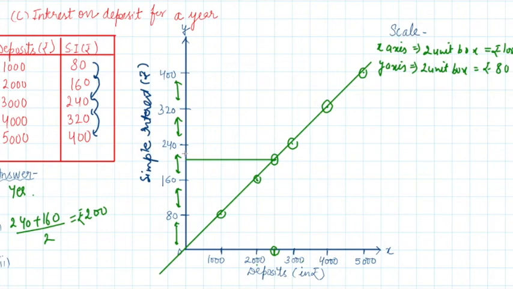Third part, to get an interest of 280. So 280 rupees is here between 240 and 320. How much money should be deposited? So we will see the corresponding line to this. So this is your 280 corresponding to this. How much money is this? Between 3000 and 4000 rupees. And what is it going to be between 3000 and 4000 rupees? 3500. Right? Because this is 3000 and this is 4000, and exactly in the middle of this you are getting 3500 rupees. So this was question number 1, which has 3 parts in this exercise.